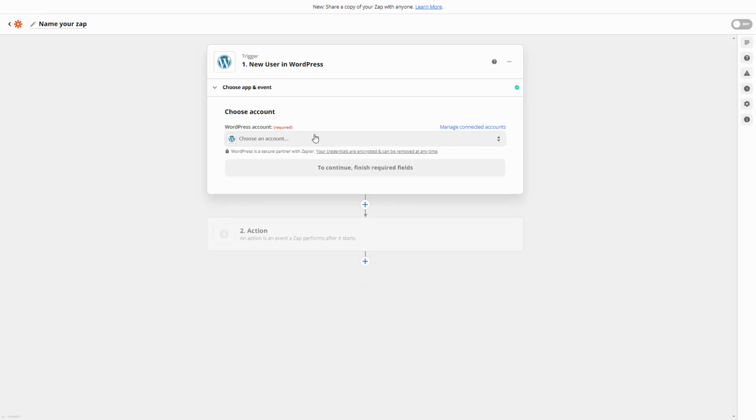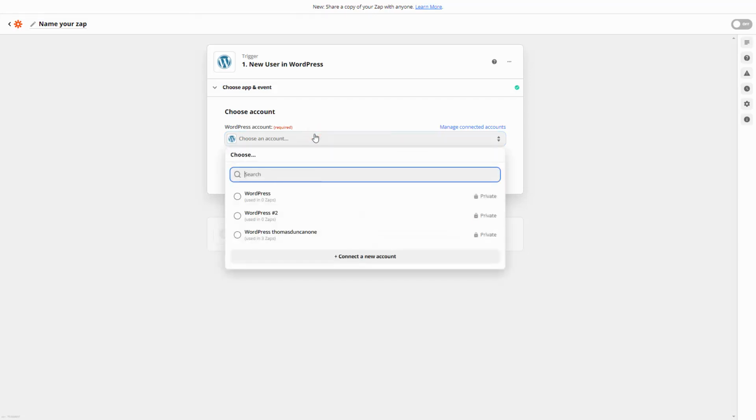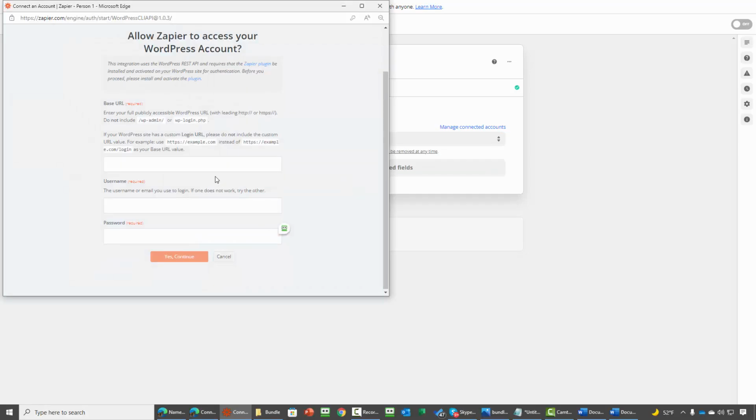Now it's at this point that you need to choose an account, and if your WordPress site is not connected to any Zapier account or your Zapier account, you'll need to connect that new account. And that is what we are going to do. Now we are going to need some specific information in order to place here inside of Zapier. We're going to need our base URL, our username and password, and once we have it, we'll then click Yes,